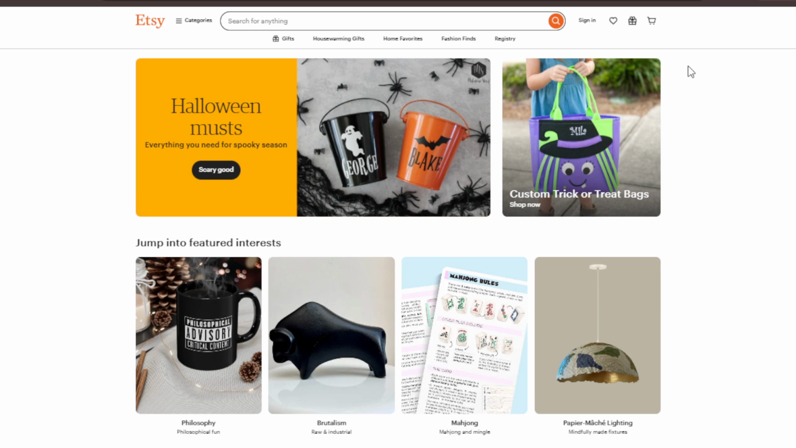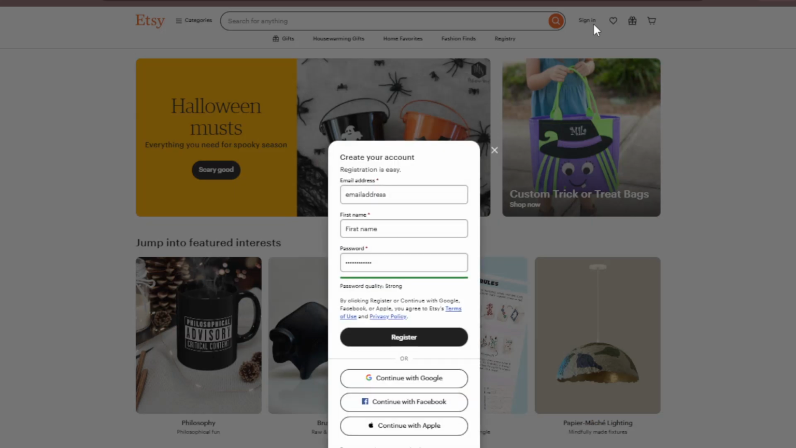Once the Etsy homepage loads, direct your attention to the top right corner of your screen. Here, you will see a link that says Sign In. It's usually highlighted to grab your attention, aiming to make the sign-in process as intuitive as possible. Click on this Sign In link, and it will direct you to the next step in accessing your personal Etsy